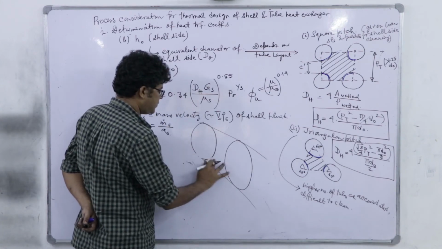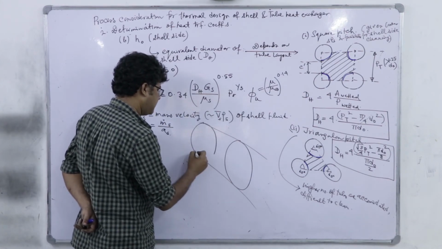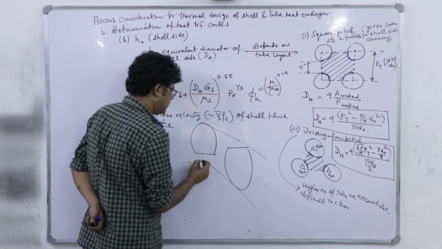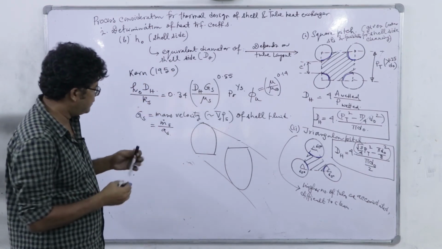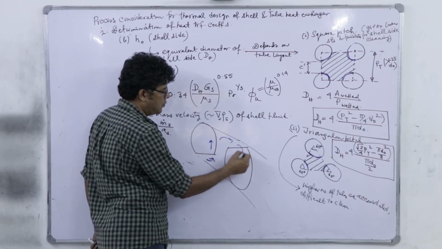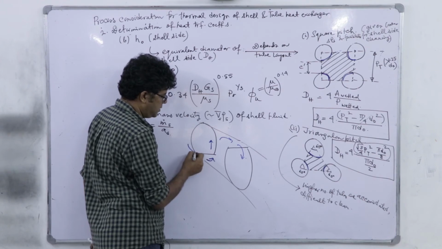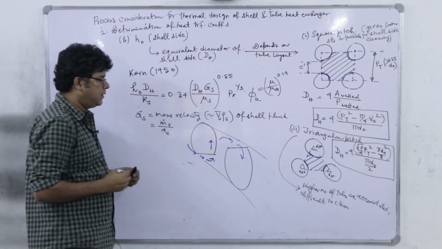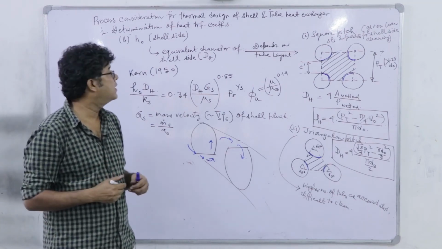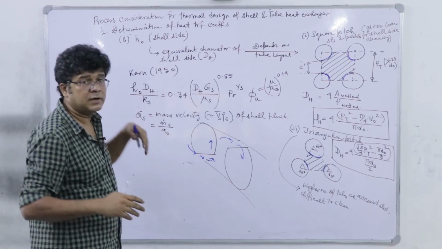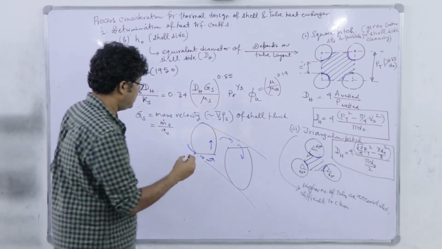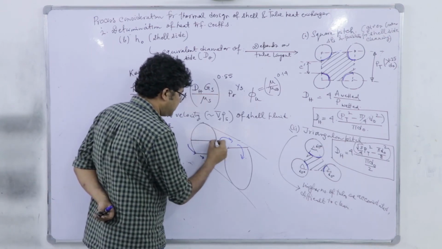Let us say this is a segment baffle like this, and this is also a segment baffle like this. So how will the fluid flow? Shell fluid has to move through this space and it has to move downward, right? So here we will always go for a bit of underestimation of HO, because if we overestimate HO, we will underestimate the area and that may underperform, right. So what is the maximal area? It is the mid plane area,